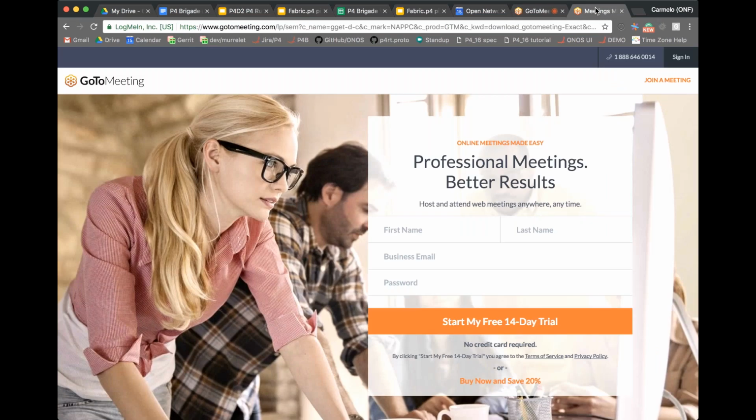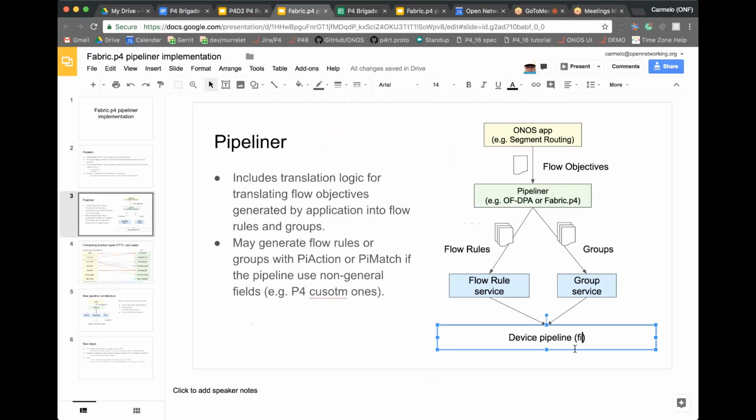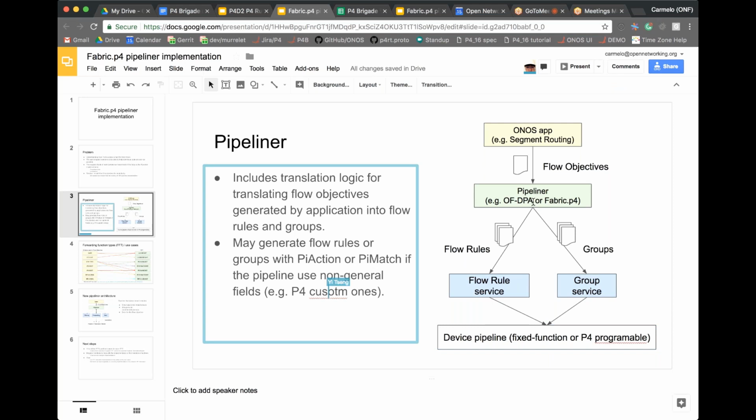Okay. So the device pipeline in this case can be fixed function or P4 programmable. Okay, so this is what we have to implement for Fabric.P4. We already have a pipeliner for OFDPA, and if you look at the pointers I gave last week, it's a piece of code with a bit of complexity, actually more than a bit of complexity. So what's the problem with the pipeliner implementation? The problem there is that